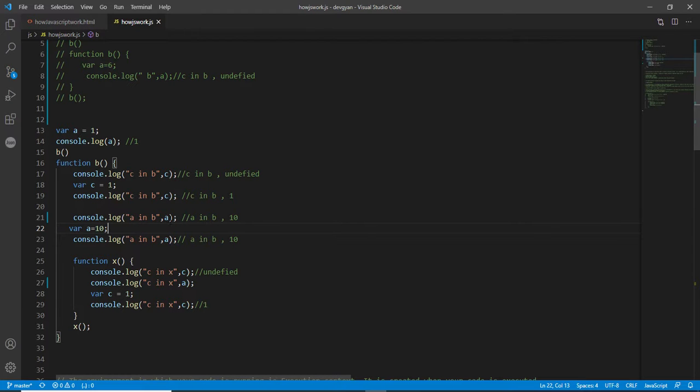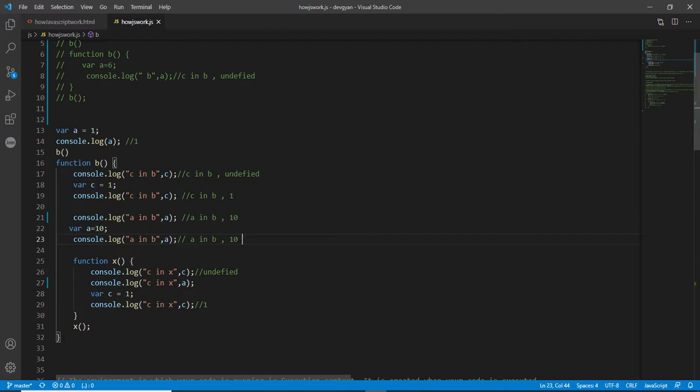Since the value of A is present inside function B in the local memory, the value of A will be not 10, not 1, it will be undefined, because 10 is assigned after that. So at line number 22, the value will be changed from undefined to 10. That's why at line number 22 it will print the value of A as 10. It's all right. I hope you understand.